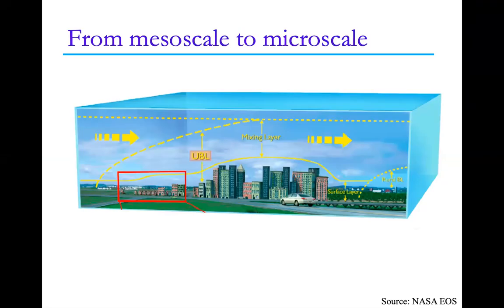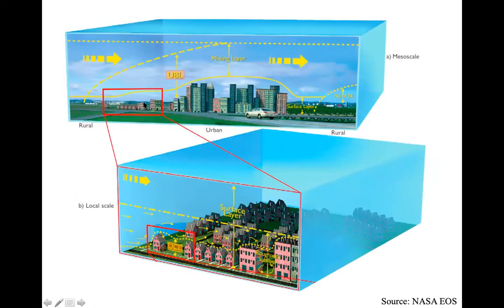To motivate that idea, I'll start with an example of a flow where we might be interested in transitioning from the mesoscale to the microscale, and this is for an urban flow. At the mesoscale, you might look at this whole urban boundary layer and parameterize it with some kind of urban canopy model, and you might have resolutions on the order of 10 kilometers or maybe 50 kilometers. But there may be some reason that you want to know something about what's happening on the neighborhood scale. So if you zoom into a local scale, you might say, well, I'm going to have a different kind of roughness length in this part of the city than I am in the downtown area, which has taller buildings. And so you have more local influence.